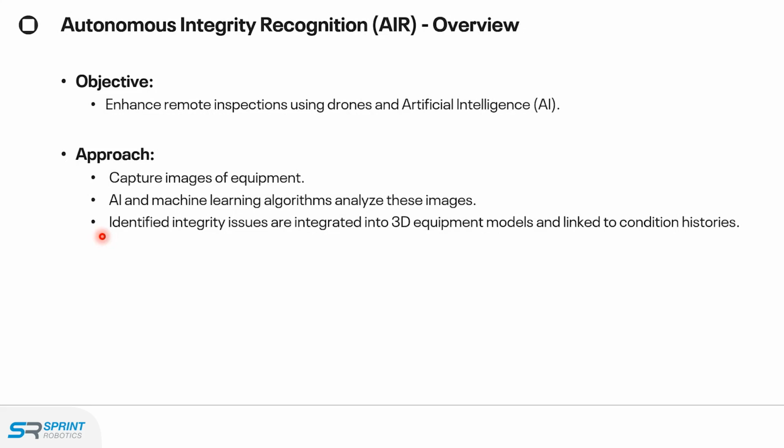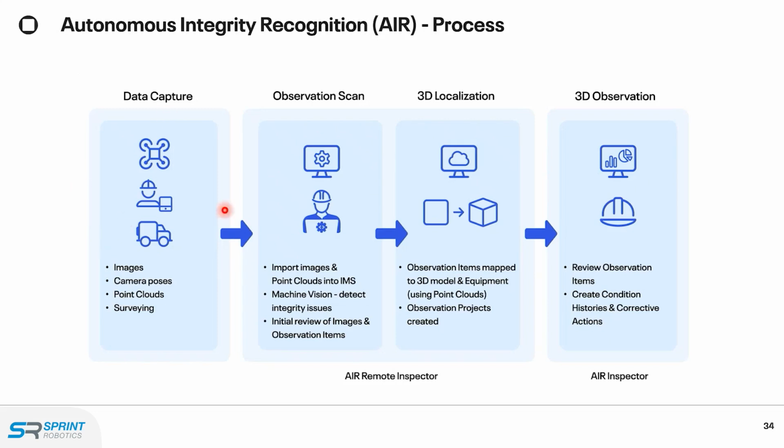High level approach. So we capture the data. It can be a drone, it can be an inspector walking around with the camera, or it can be a robot walking around. I've seen a lot already in the news. Those Boston Dynamics dogs, right, with the camera on top of it, and you just say, walk around, do an inspection round once a day, and then look for anomalies. And then you can also look at the trending. So capture the data, observation scanning, 3D localization.